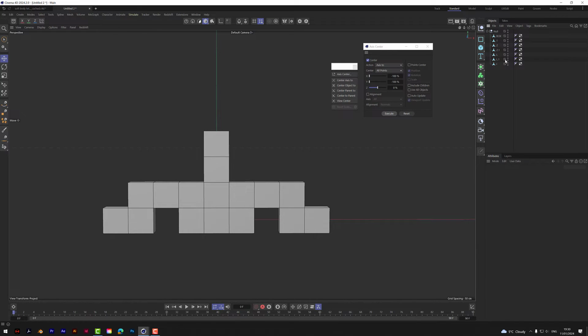Okay, so what we need to do is we need to subdivide this and then add a bevel. Because if we subdivide it, it's going to act more like cloth and bounce a lot more convincingly. If we use it like this, it will act a bit more like cardboard or something more rigid. Right, so what we do is let's select all of these. Let's go to polygon mode, and now